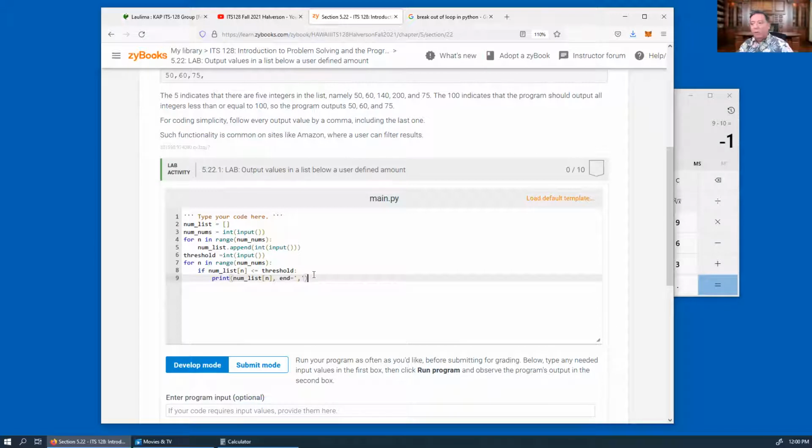But what I'm curious about is, so I'm pretty sure this will work, so you can press submit and see if that works. But I'm curious if we can do it this way. And see, we aren't using the n in this for loop. We're just doing it 5 times, and we're using the append. Can we do this? Can we say that,